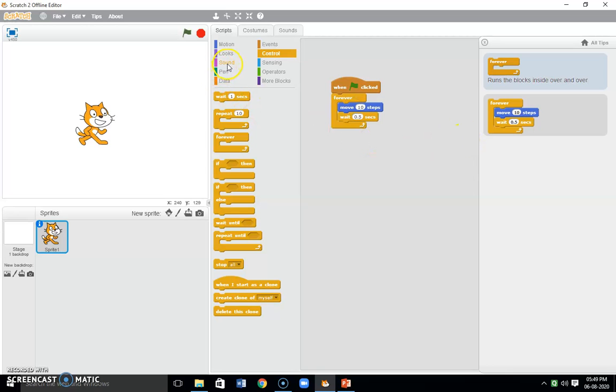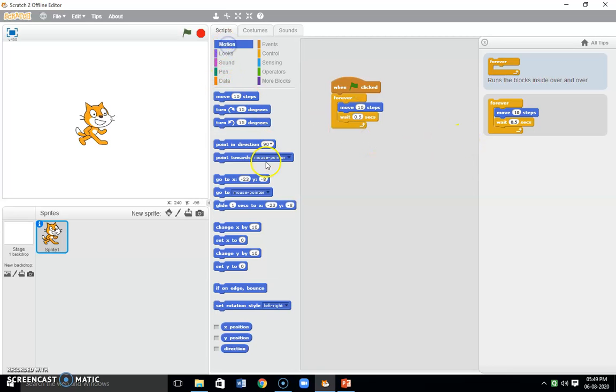Then I can put one more block here, if on edge, bounce, otherwise it will go out of the stage. Now I will run my script. You can see it is moving until the edge, and when it is on the edge it bounces back. In this way.